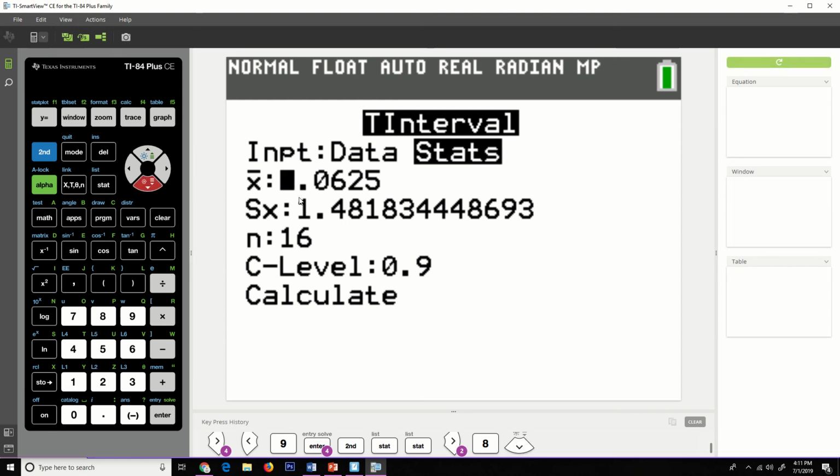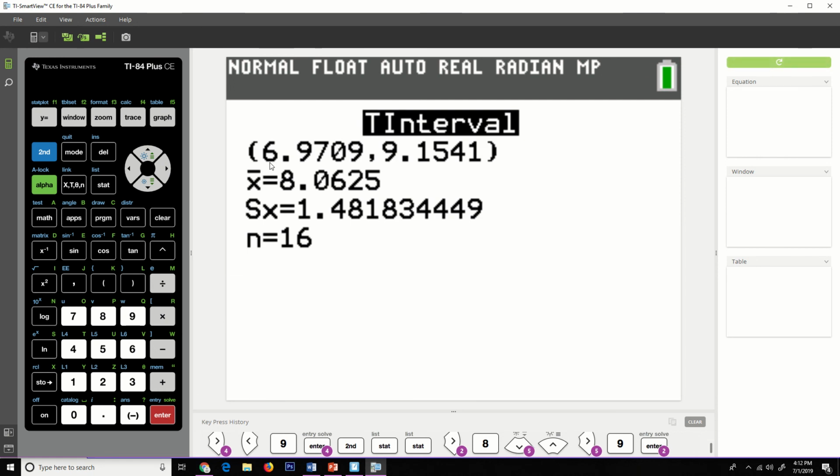We want to figure out our, and this is from a different calculation, so we're going to change it. We had 8.625, and then our standard deviation that we calculated, with n being 16, and then our C level isn't 90% confidence, it's a 99% confidence. And so we can hit enter again,